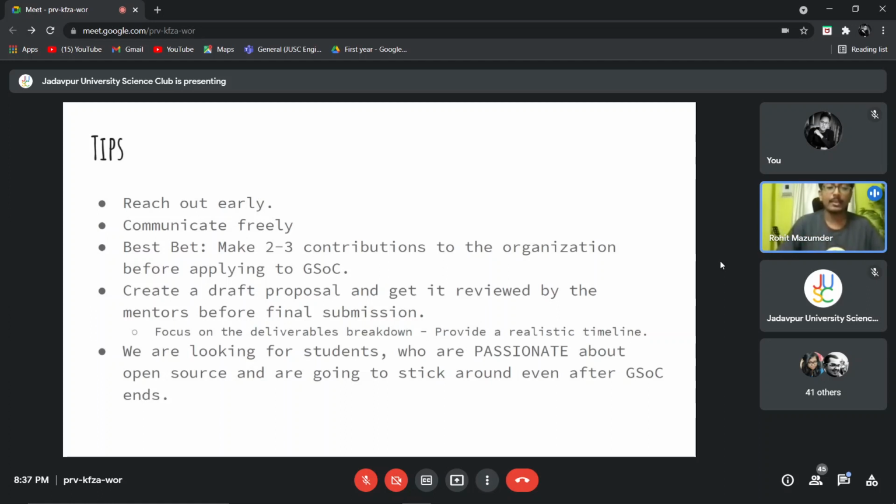It's like in Google Summer of Code, you have to work like 40 hours a week. So we are not expecting you to work 40 hours after Google Summer of Code ends, but we expect that maybe if there are 2 meetings in a month, you are going to be present in those 2 meetings. You are going to voice your opinion and stuff like that. So we are passionate about having people who are going to stick with us. Okay, so that's a very important tip from me. So let's move on to the next question.